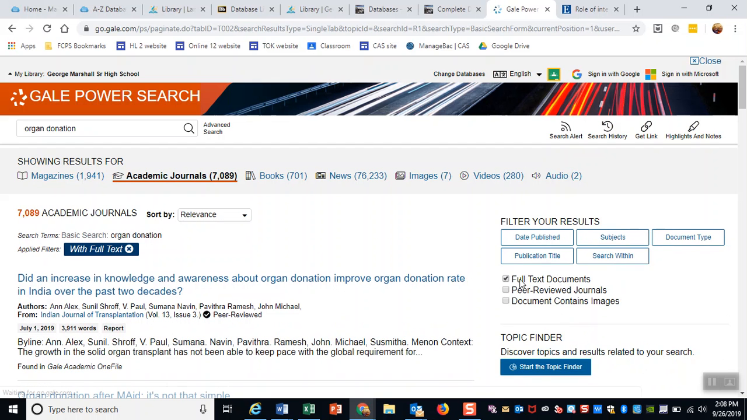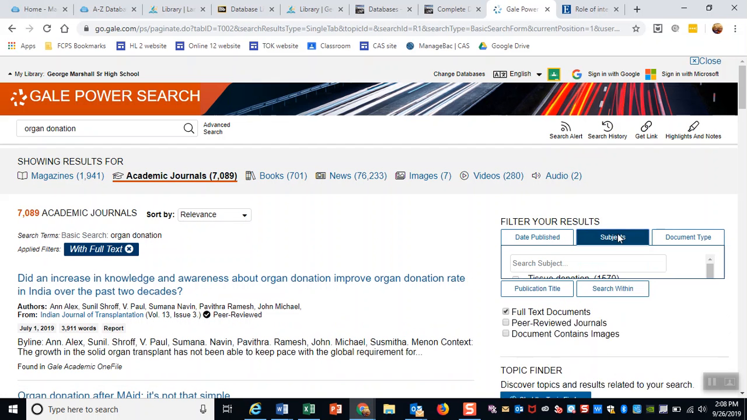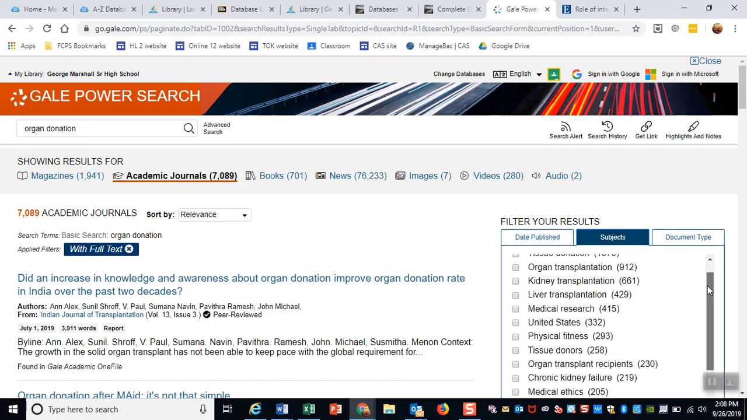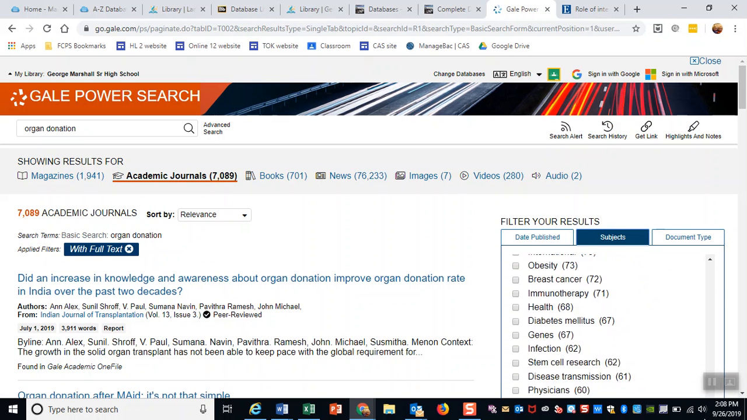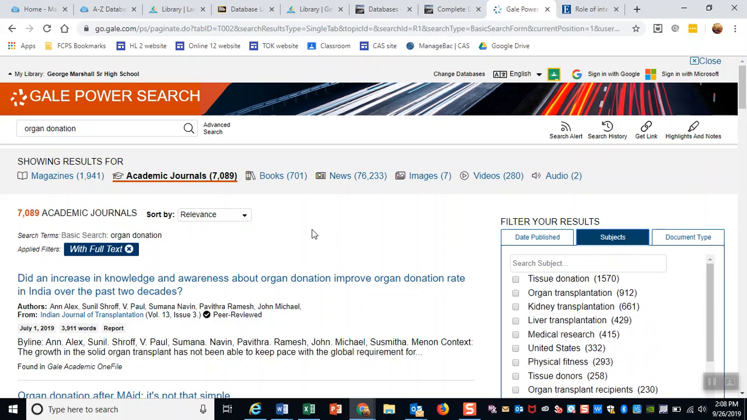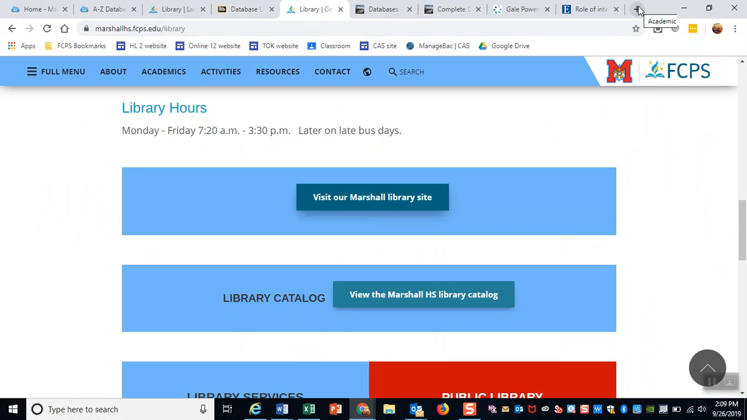It's a default to full text. If you wanted to look at subjects within that, you could further isolate based on subtopics within the concept of organ donation. So this is moving past a simple web search. This may be somewhat new to some of you, but that's why you're seniors and why you're in an honors class. And so again, I'm going to show you just from the very beginning, even if you were to open